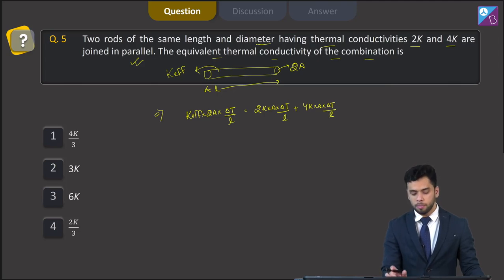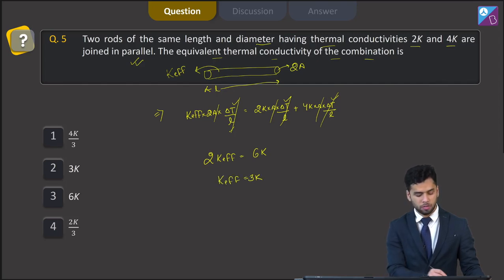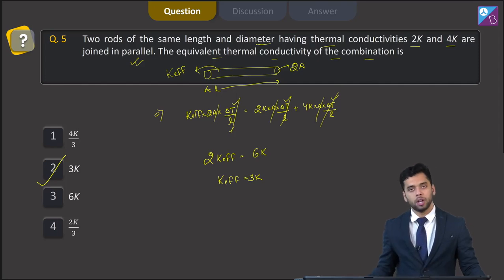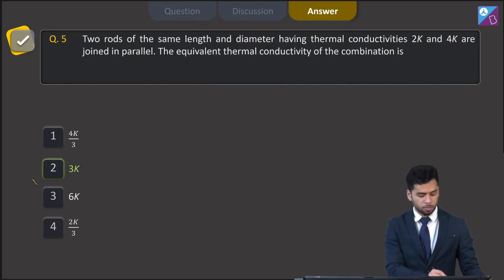Now since they are connected in parallel, the temperature difference will be the same, right? So this temperature gradient term will cancel, and a and a will cancel. So we have 2K effective equal to 2K plus 4K, that is 6K. So K effective comes out to be equal to 3K, which is given to us in option 2, right? Let us verify this with the answer slide. So yes, the correct answer to this question becomes the option